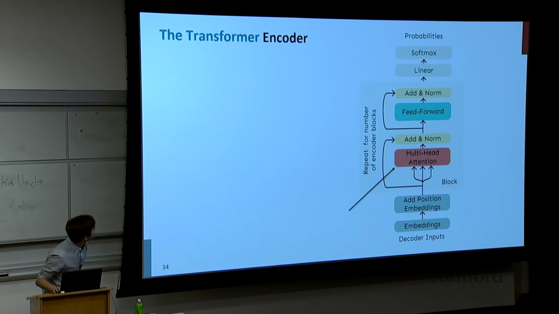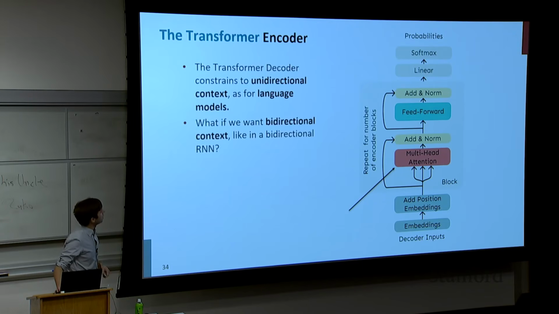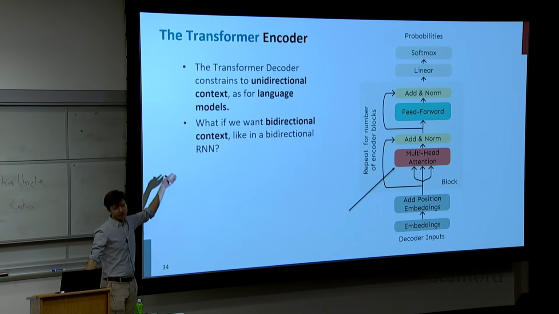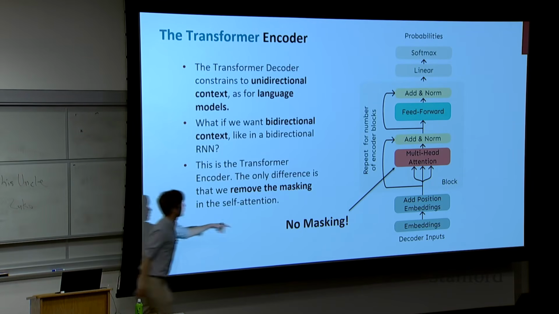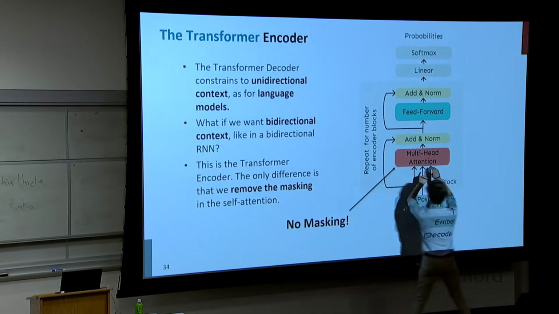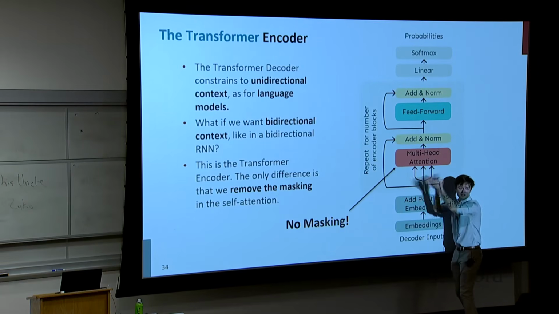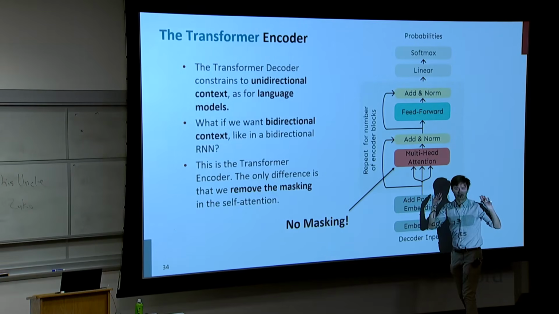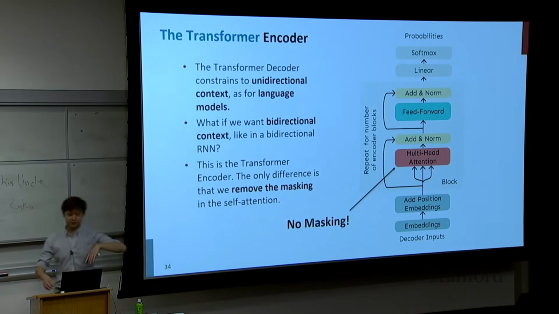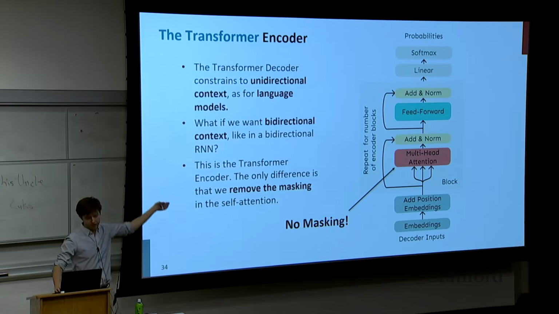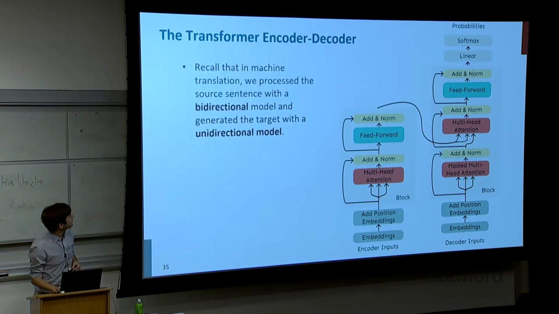So the transformer encoder is almost identical, but again, we want bidirectional context, and so we just don't do the masking, right? In my multi-head attention here, I've got no masking. And so it's that easy to make the model bidirectional, okay? So that's called the transformer encoder. It's almost identical, but no masking. And then finally, we've got the transformer